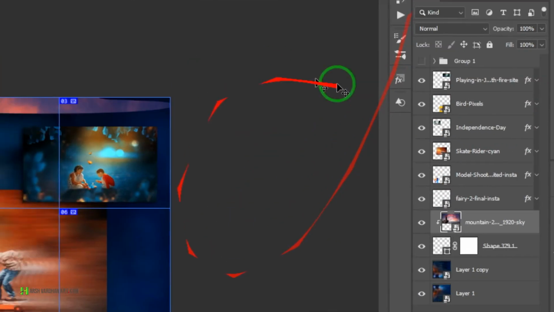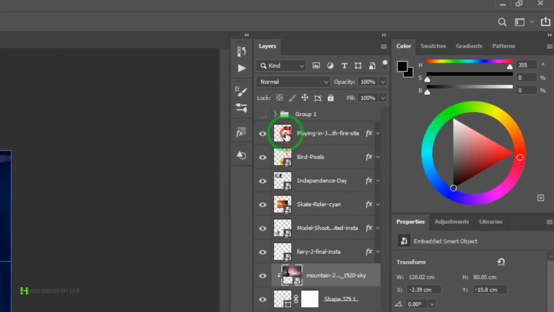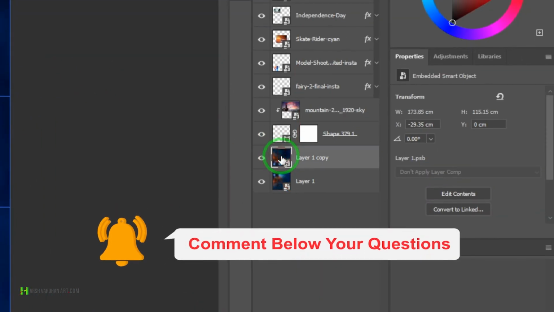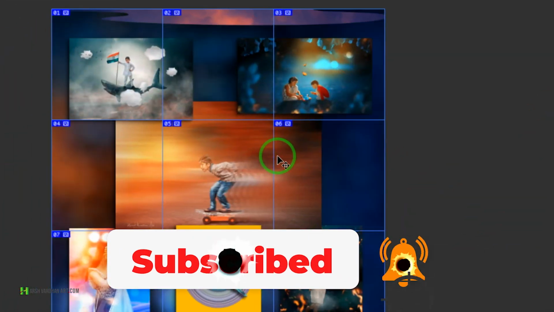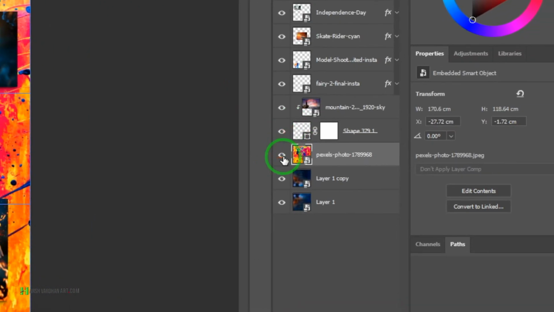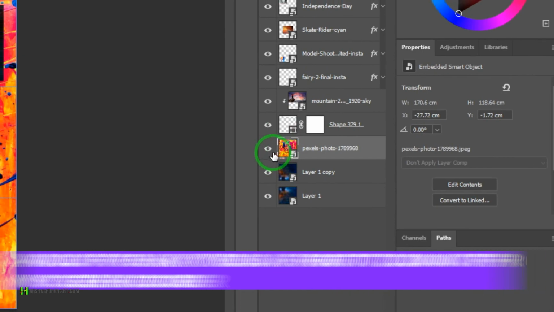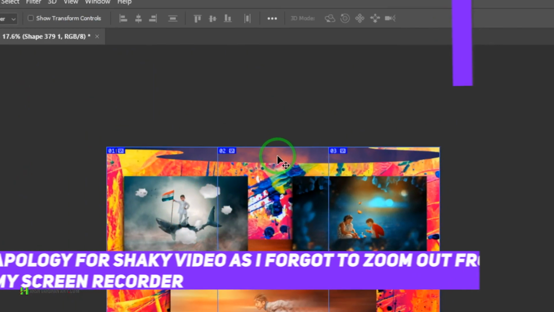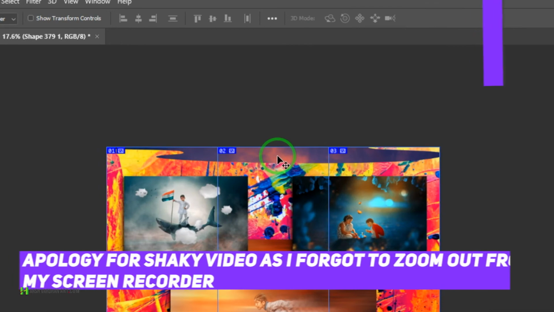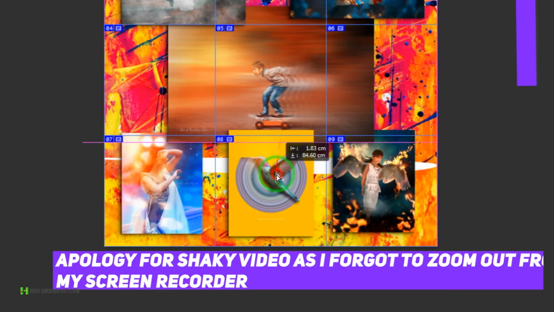If you want to upload the third grid, this time we want to use a different background. Let me just place another image over here. Suppose I want to use this image as the background for my next grid. So I'll just place this over here, and this time I have to just change the shape. This time the shape has to be on the bottom. So I'll just click and drag it over here.